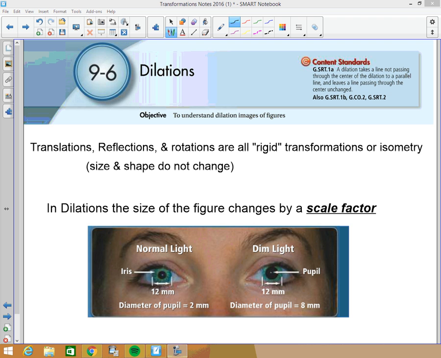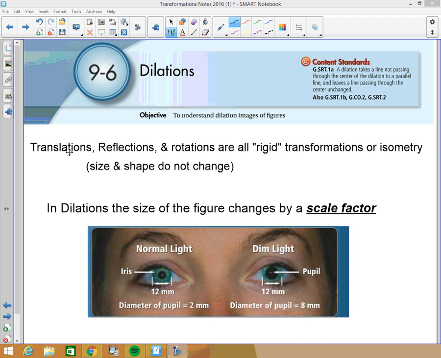Okay, today we're going to talk about dilations. Dilations can be found in 9.6 in your textbook. So the figures that I'm using right now are clipped directly out of your textbook. First thing I want to say is just to remind you, before we start talking about the dilations, what we've